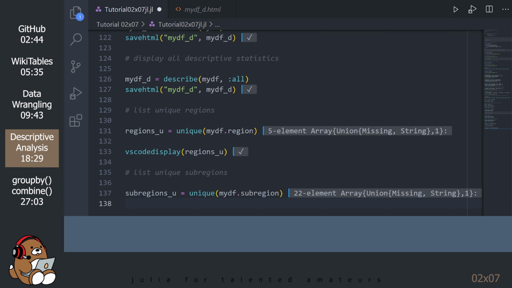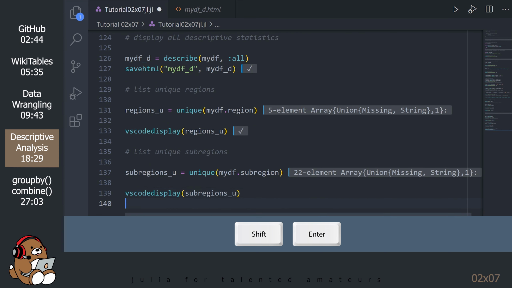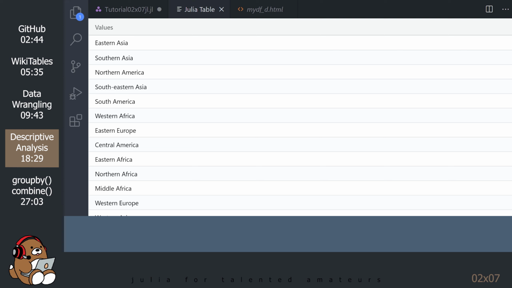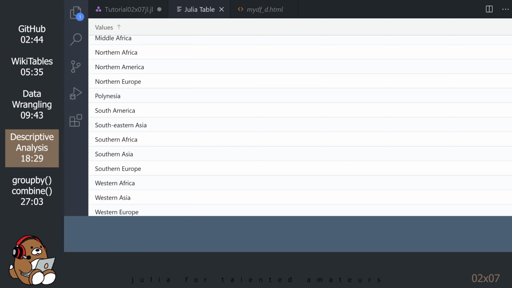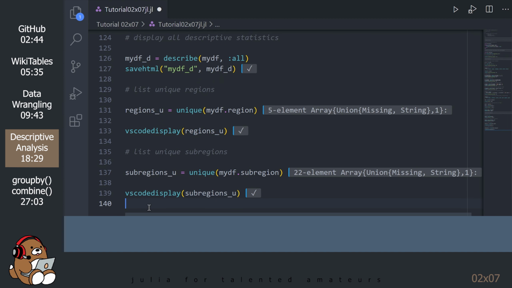At 22 elements, it's a longer list. Still, 22 subregions for 233 countries seems like a reasonable split. Let's take a look at the list using VS Code Display. Click on the values header to sort the list alphabetically. Close all of the viewing tabs, leaving just the .jl file open.